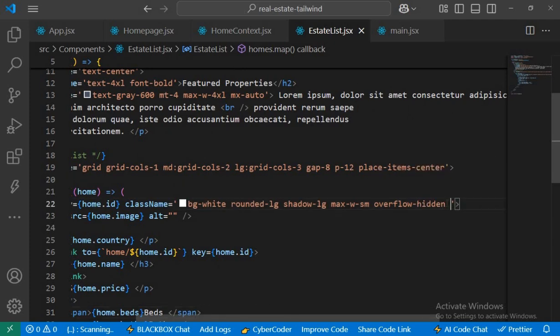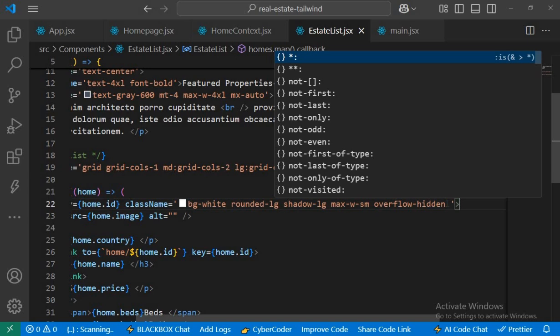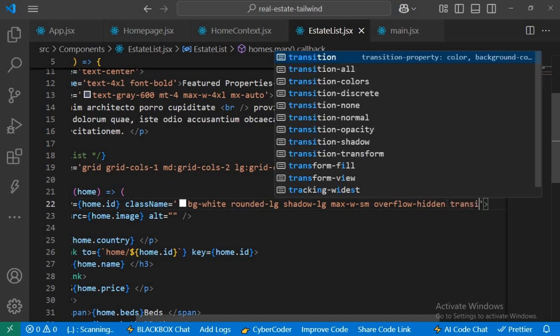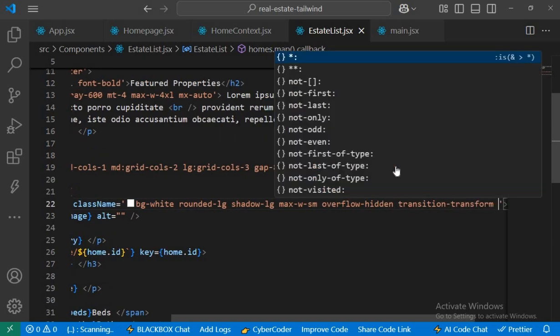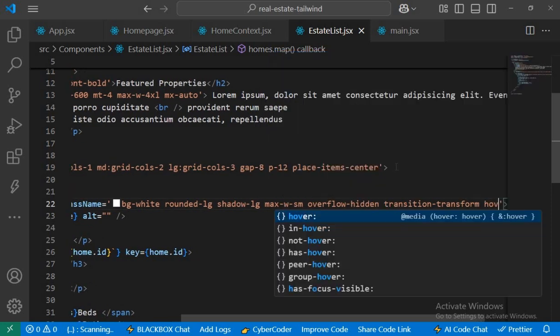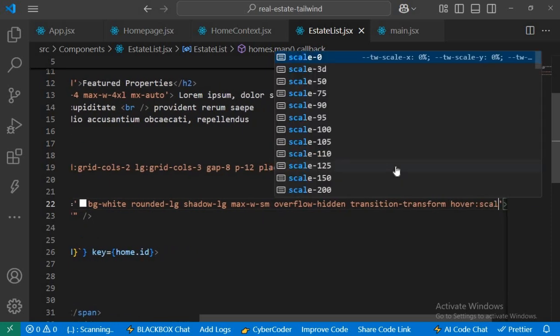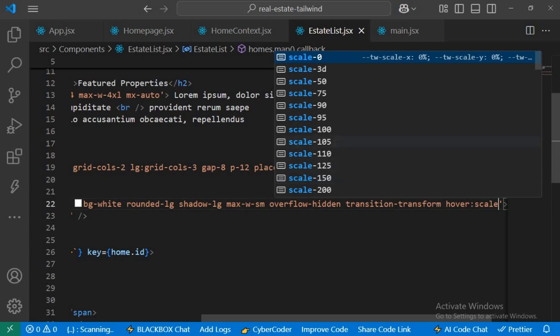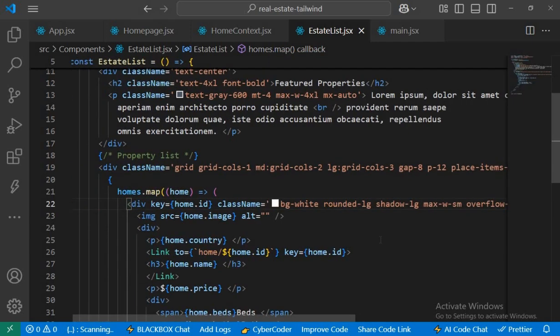So overflow is set to hidden, and we'll set transition, transform, then hover, scale of 105. Okay, that should work. Now for the image as well, className,